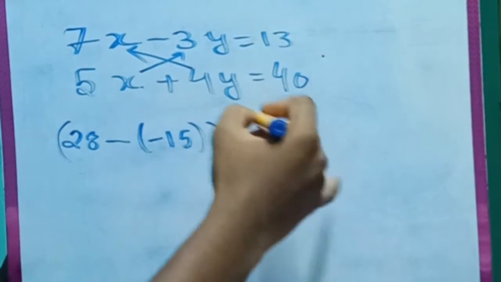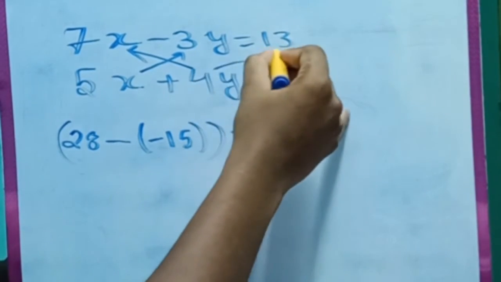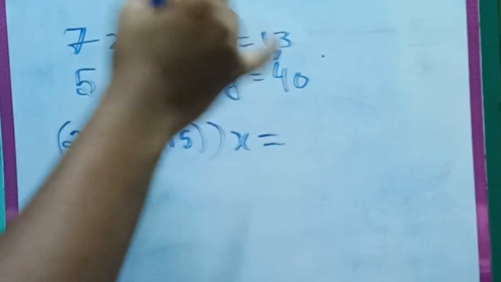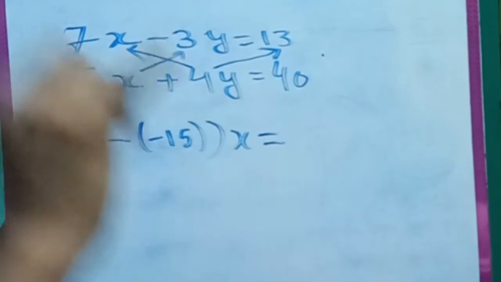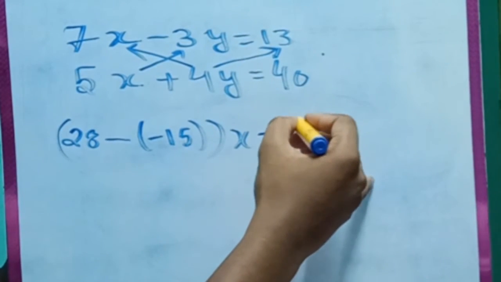After that, what you have to do is one more cross multiplication here. Again start from the middle, and while ending also you have to start from the 4 only, right? So 4 into 13: 4 threes are 12, carry 1, 4 and 52.